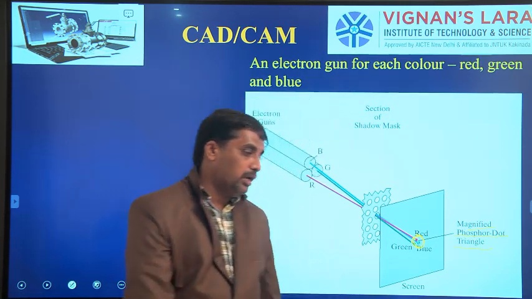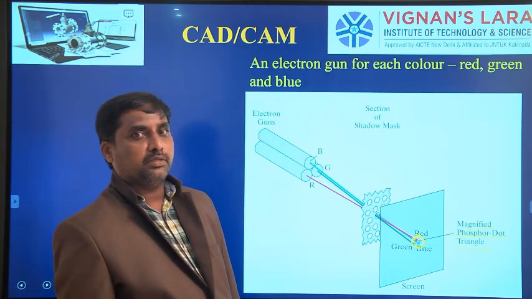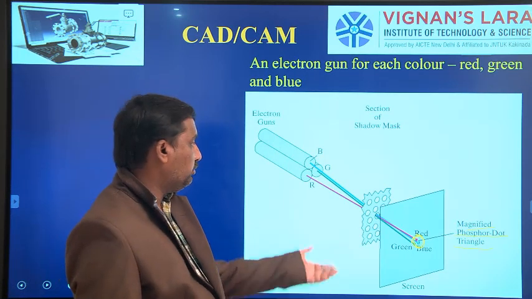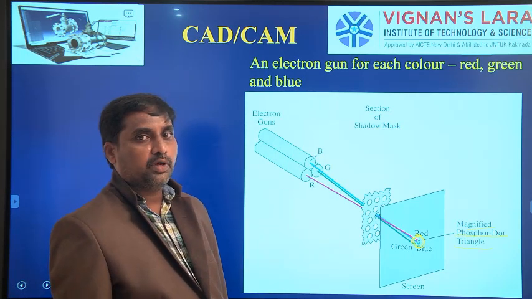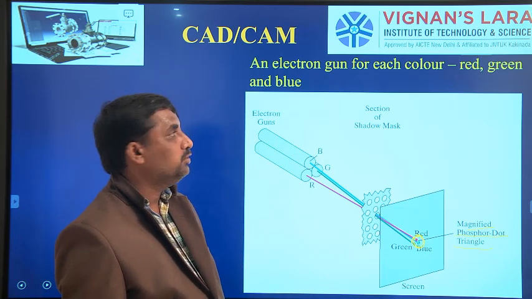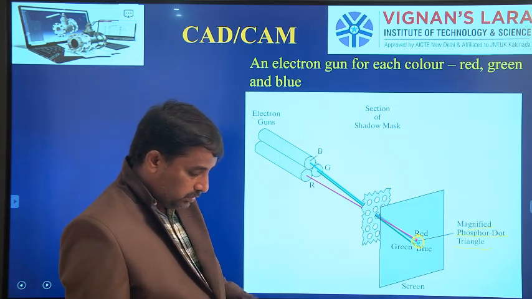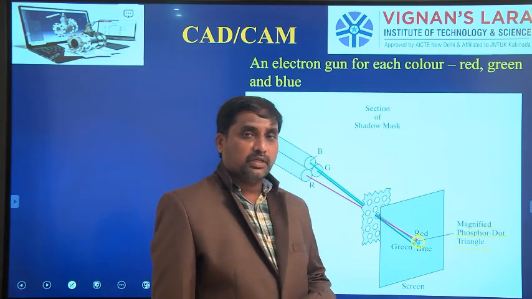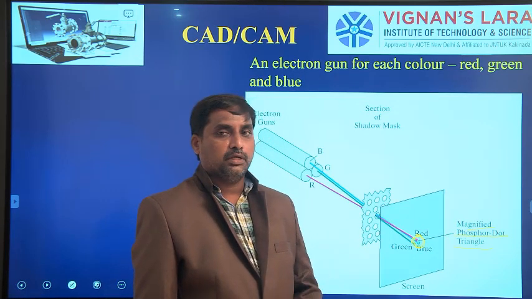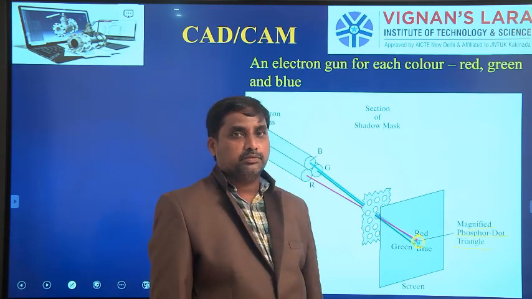So far we have learned about some output devices, the working of the CRT tube once again for a single black and white one. Next we saw how we get a colored image by using 3 electron guns in a CRT tube. We have learned up to here. So this is the conclusion for this class, and the next topics will continue in the next session. Thank you very much.